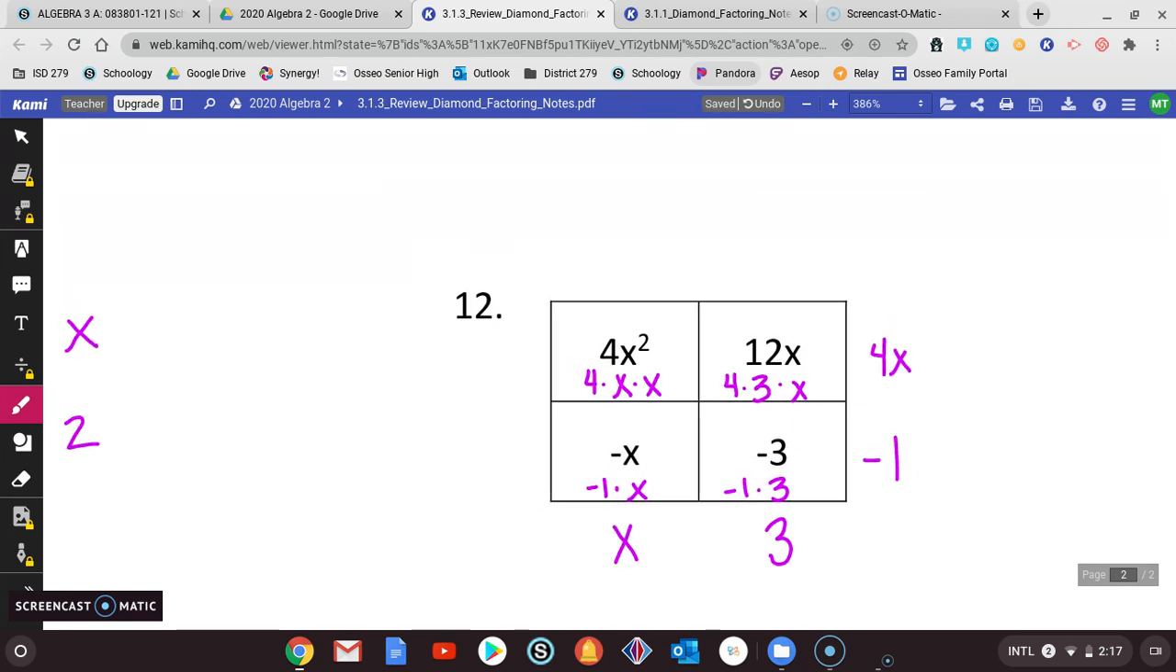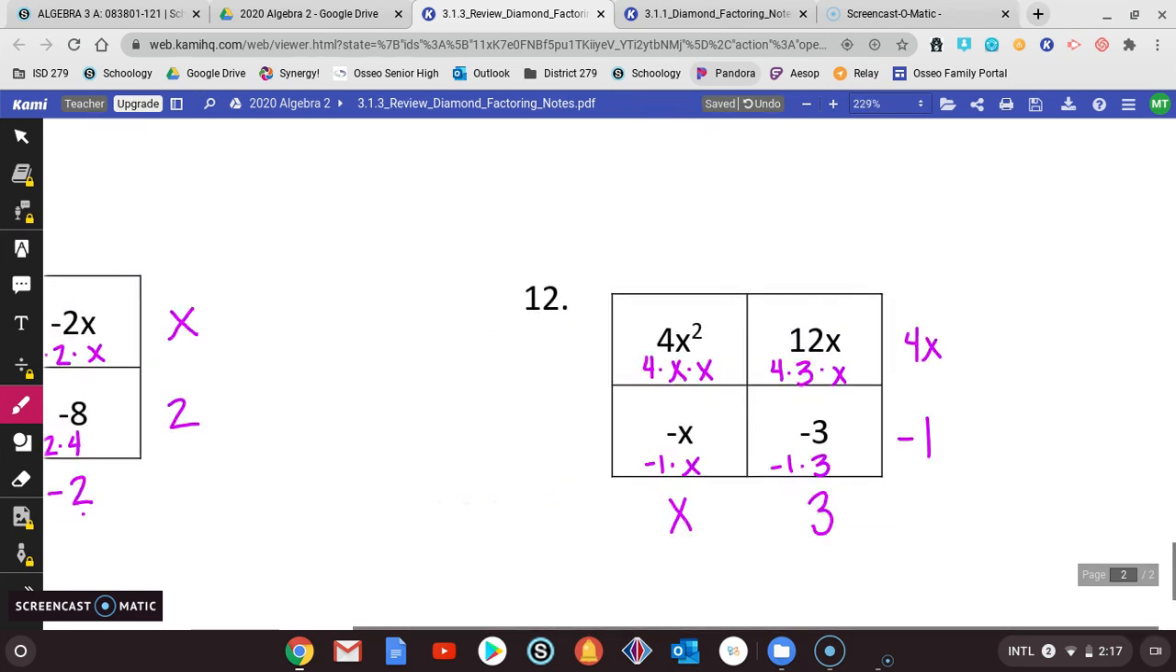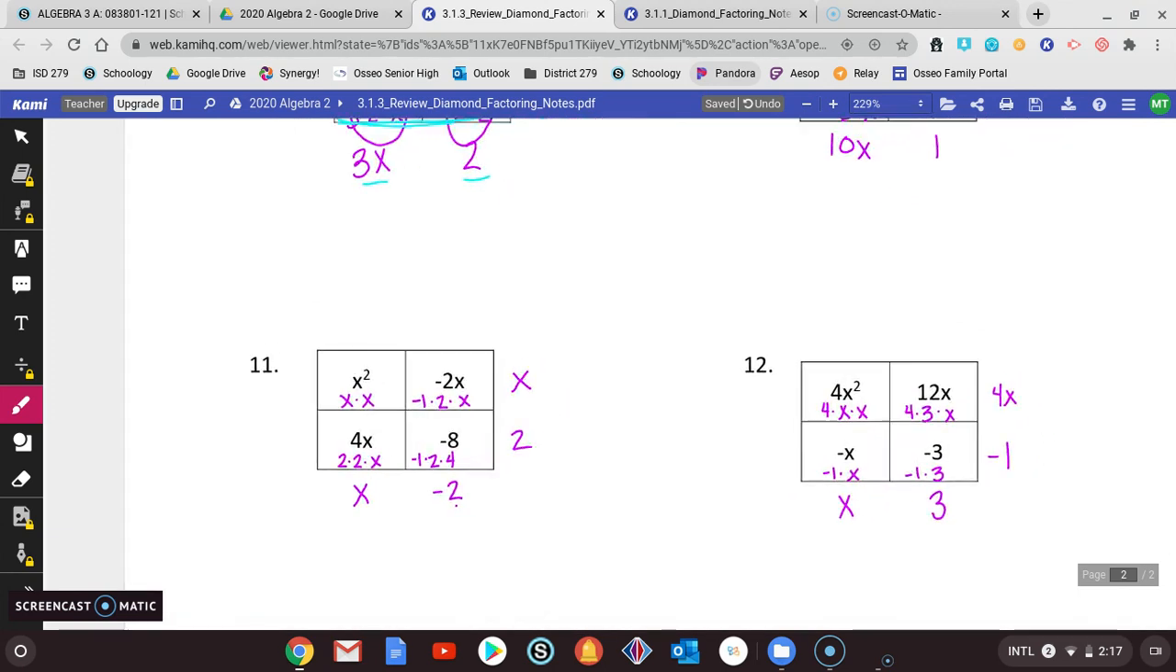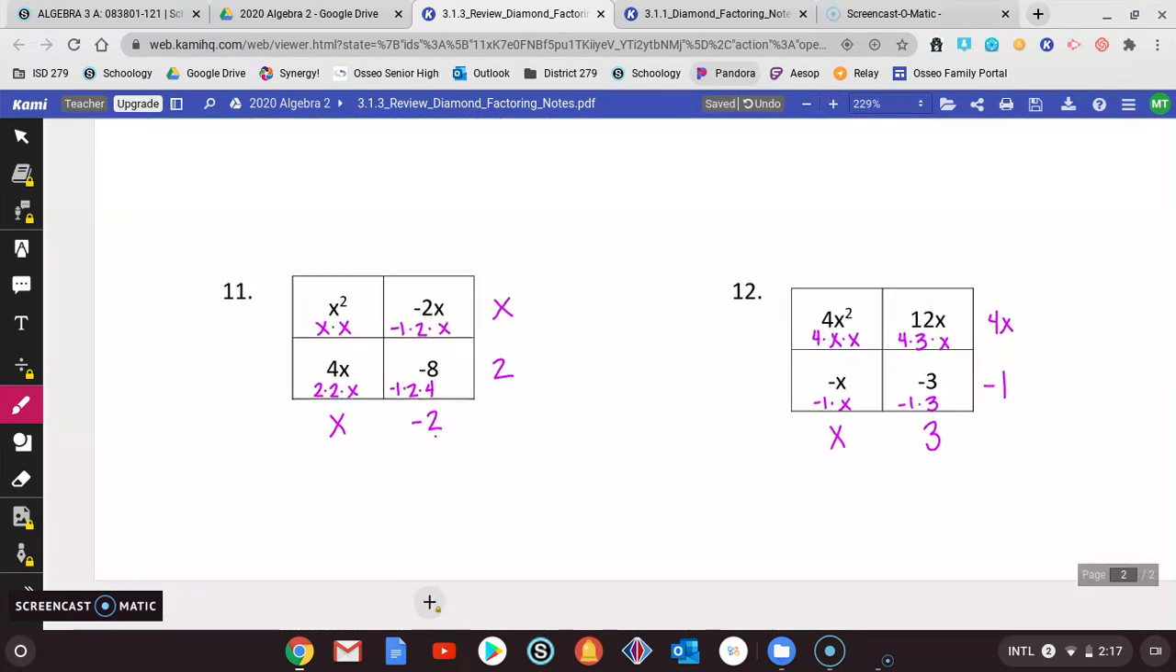So there is a little review of GCF. Hopefully